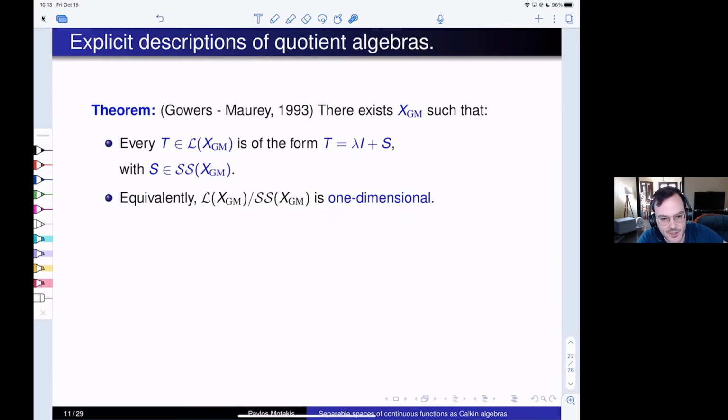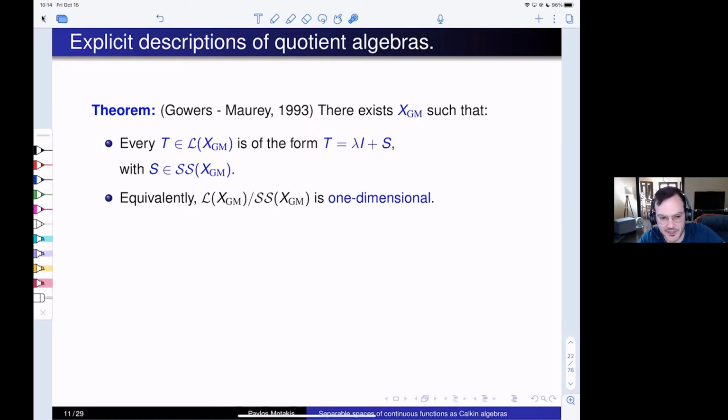And this was the first step towards understanding quotient algebras, at least in this context of L(X) spaces and the tight control of operators on such spaces. So if you understand the form of an operator on the space modulo something small, then you also have a similar understanding of the quotient over the small. And